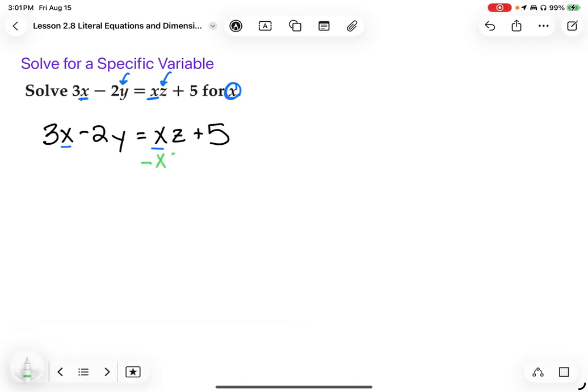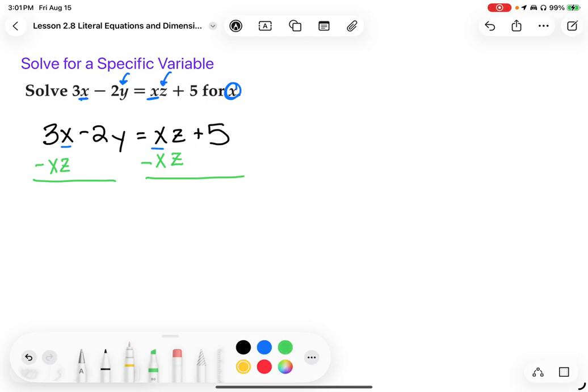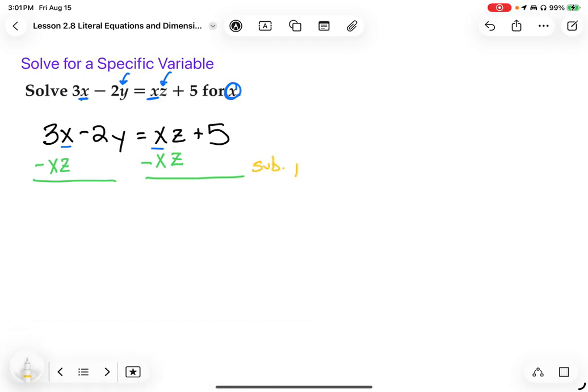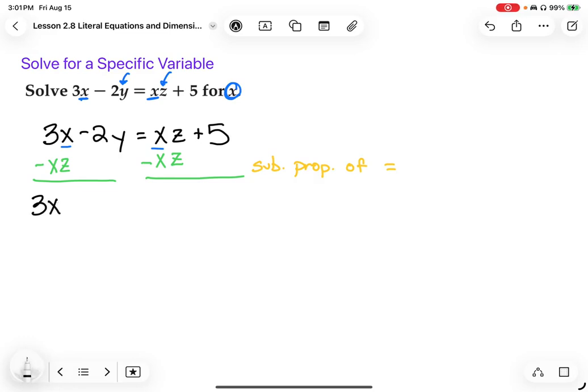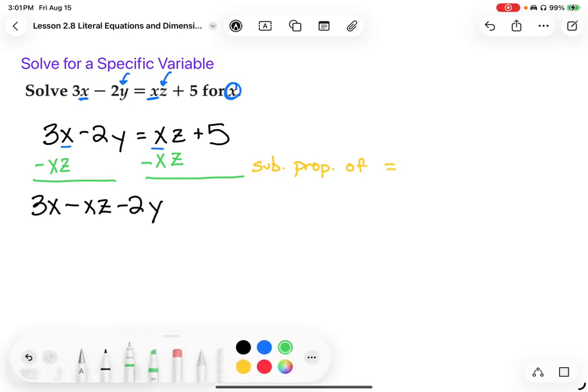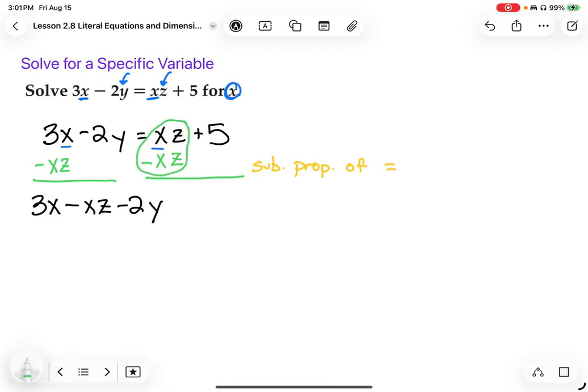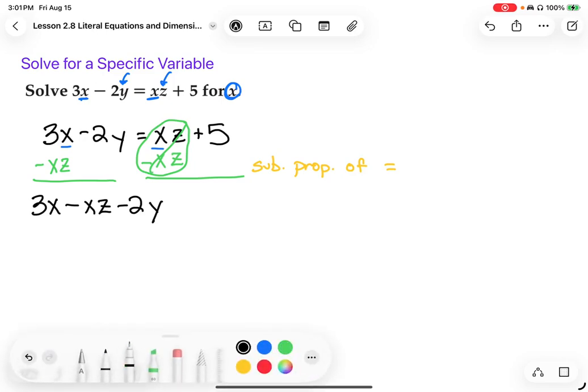I'm going to subtract xz on both sides. Now I can't subtract just x because that z is being multiplied by the x. So the z is attached to the x. It's got to come along for the ride. So it's not ideal that I'm bringing a variable along with me, but it is what it is. And I cannot combine the 3x and the xz because they aren't like terms. One is just a plain old x, and one of them is an xz. Now the xz minus xz is going to cancel, obviously, and leave me with just a plain old 5 on